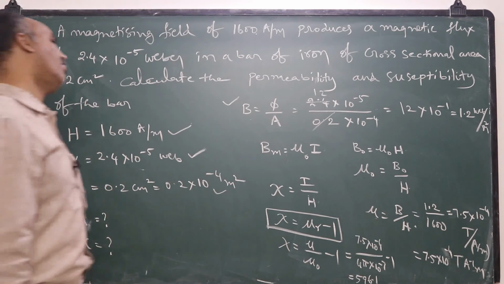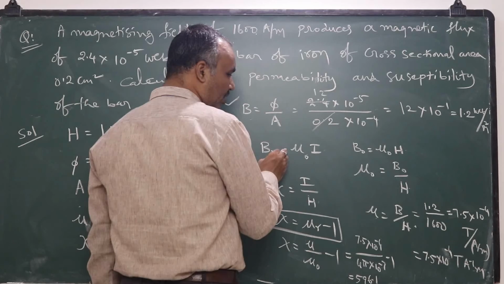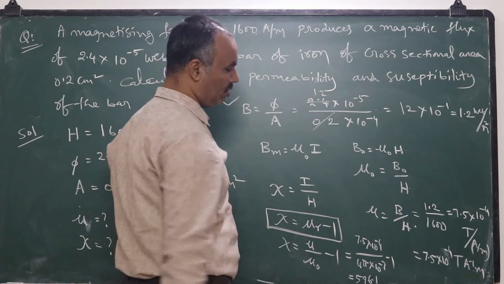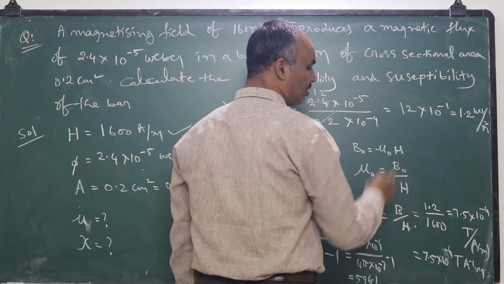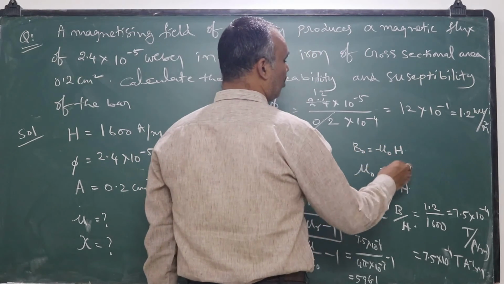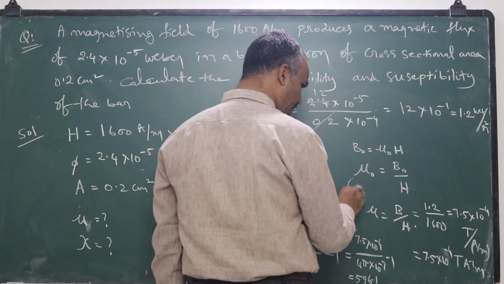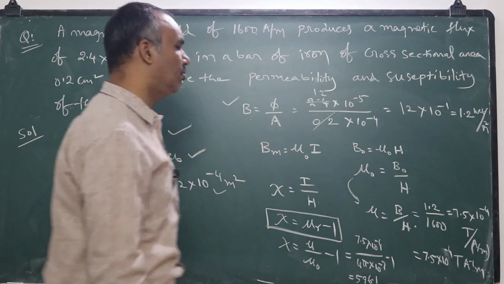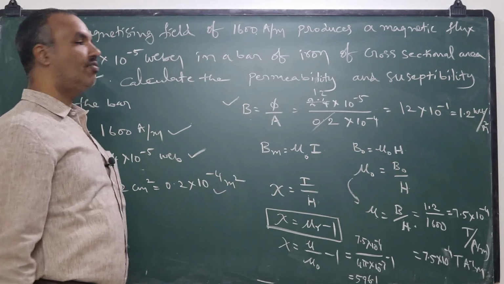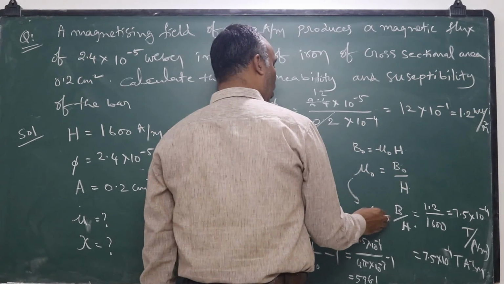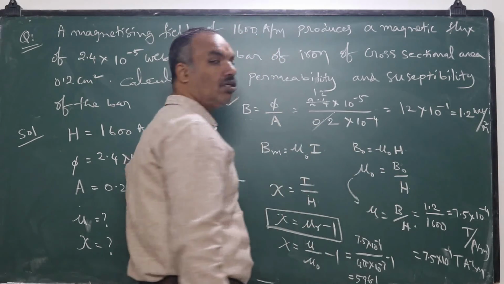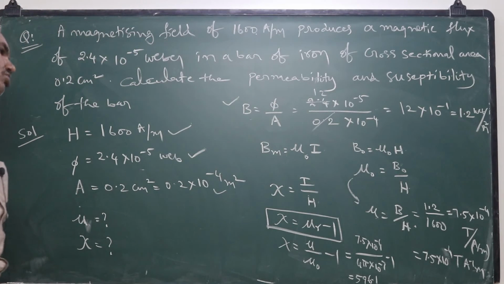The general formula for magnetic induction due to its own magnetism is given by mu naught I. Magnetic induction due to the external field is given by this. So mu naught can be written as B naught by H. Similarly, you can write mu is equal to B by H. Then you will get the permeability of the medium. While talking about free space, you should take induction due to free space. While talking about a medium, you should talk about induction due to the iron piece.